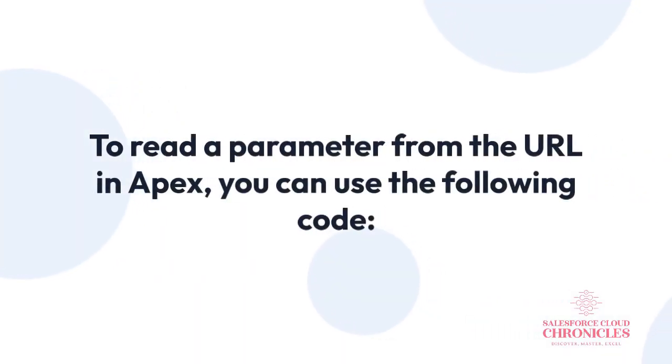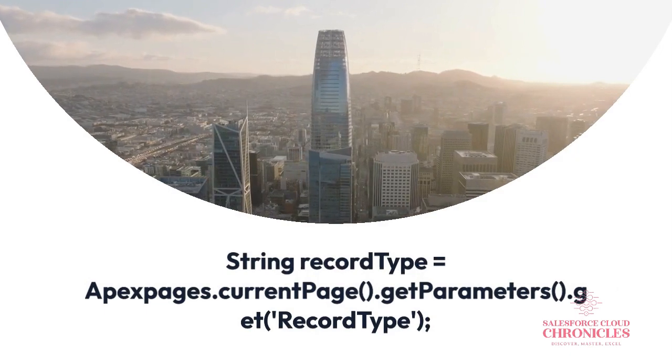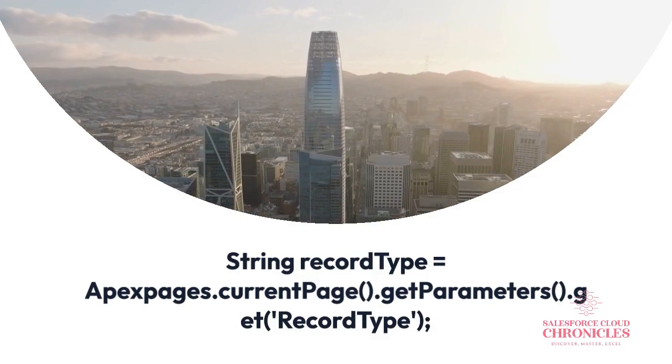Question 35. How to read the parameter value from the URL in Apex? To read a parameter from the URL in Apex, you can use the following code. String recordType = ApexPages.currentPage().getParameters().get('recordType');